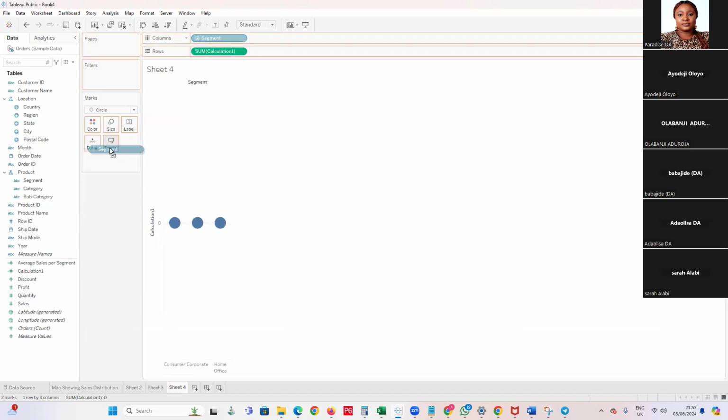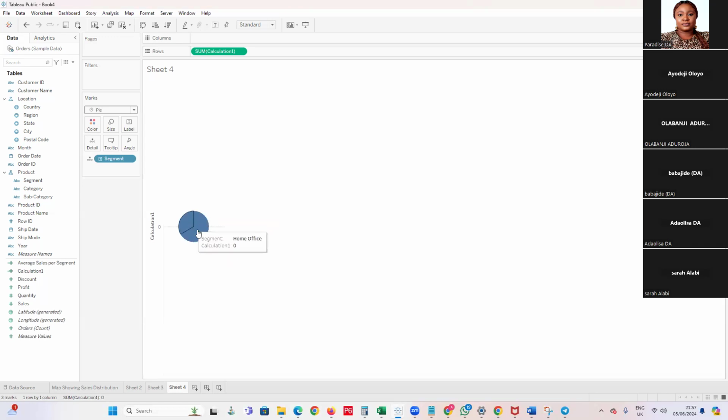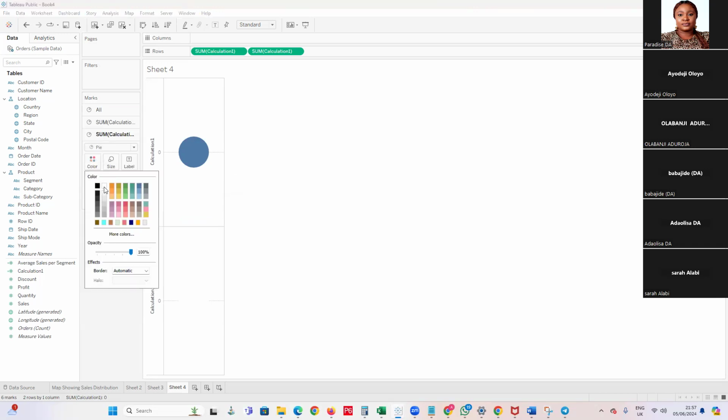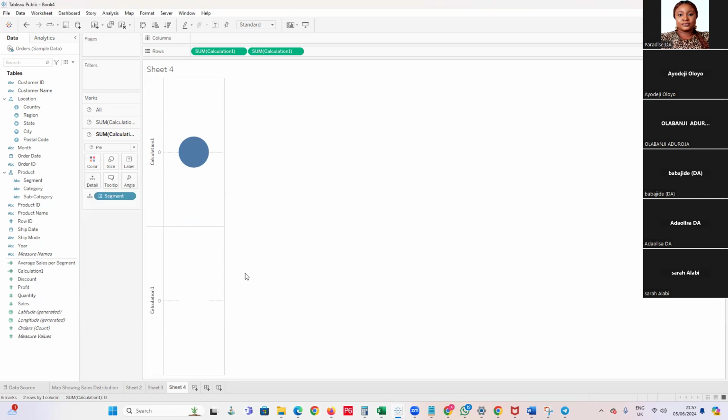Just like I've done earlier on in the pie chart, it's on 0. So it has given me the 3 different segments I want. And then I duplicate this, so you see I have 2. Now, the one below, I make that one white. I don't even need to do anything with the boundaries, I just make it white. And the one on top,